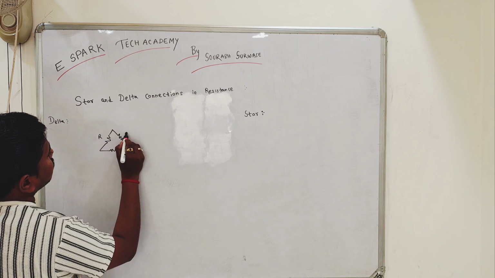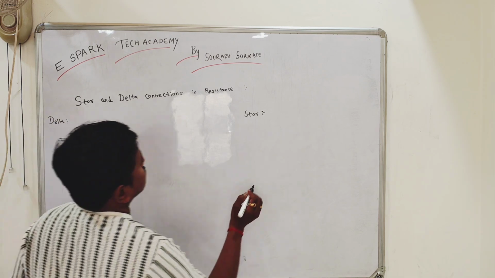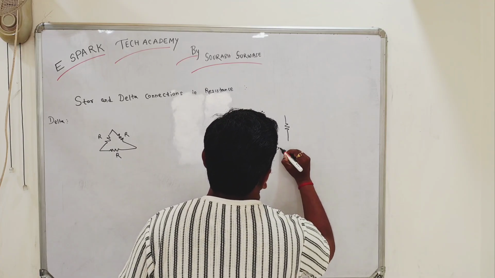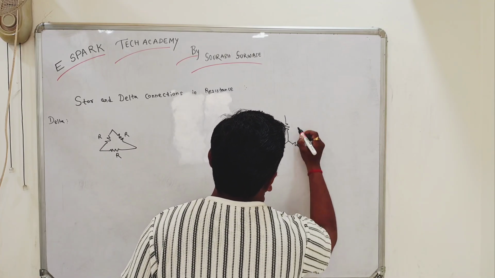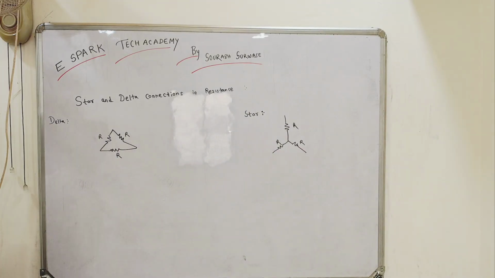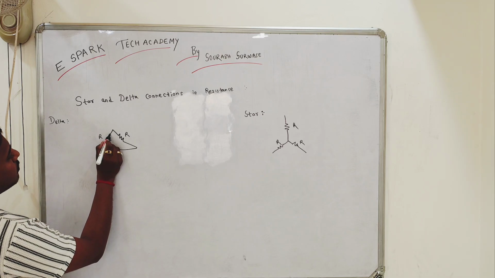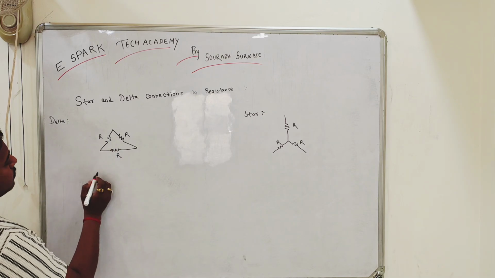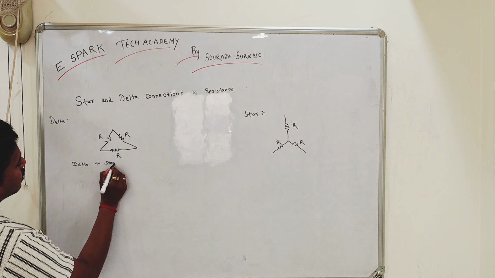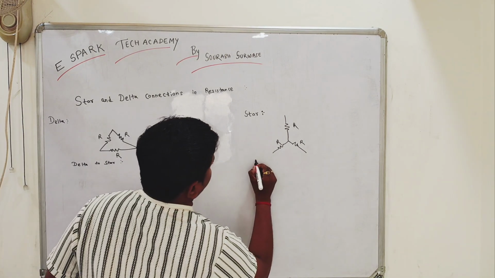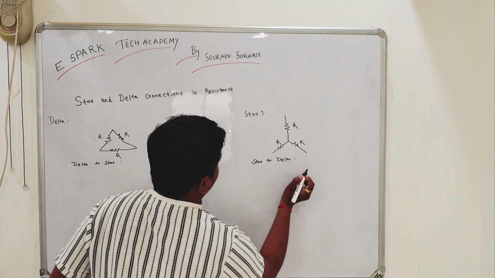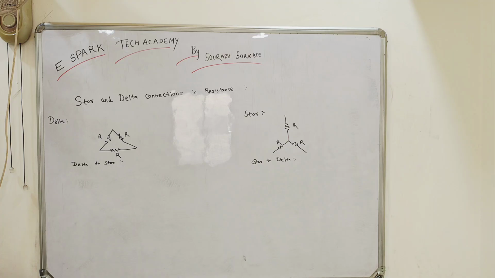Suppose the same value resistances are taken into consideration, and here also the same value of resistors are taken into consideration. Now accordingly, in order to convert delta to star and star to delta, what you have to do is